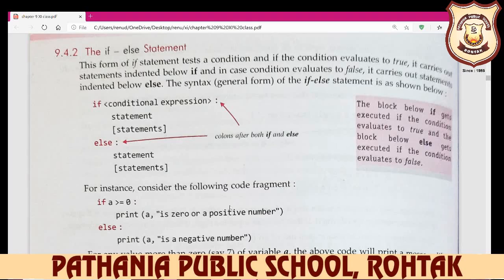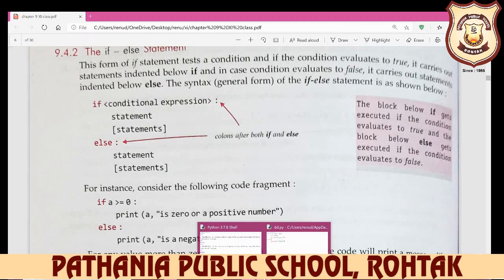And in the previous lecture, we also learned the decisional statement, or you can say selection statement. And in the decisional statement, we do one condition, the if condition. For example, if marks greater than 33, then what? Then display the result pass. Okay, so do the practical of this.